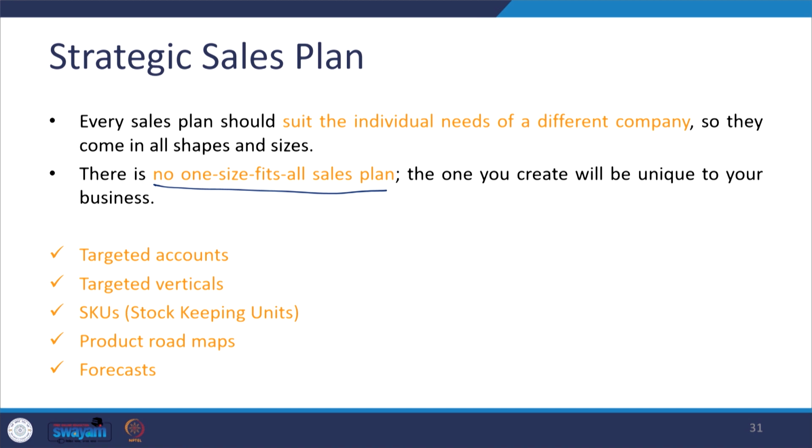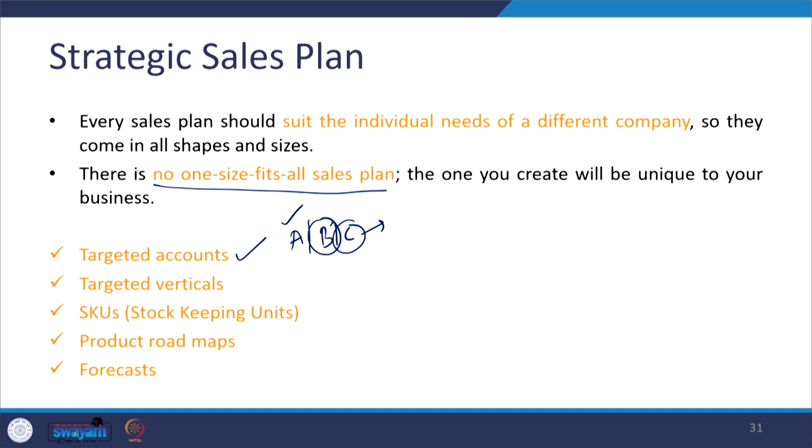The one you create will be unique to your business or company. Usually the strategic sales plan will consist of targeted accounts. You will have some classification like A, B, C, D, where A will be the highly important or very critical customers giving most of the revenue to your organization. B is in between, they give volume as well as some value to the business, whereas C